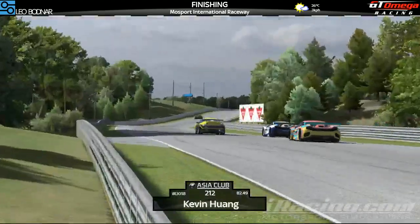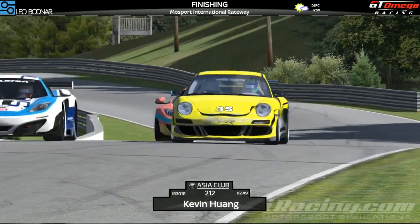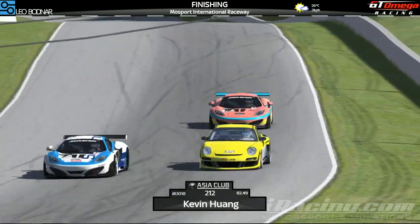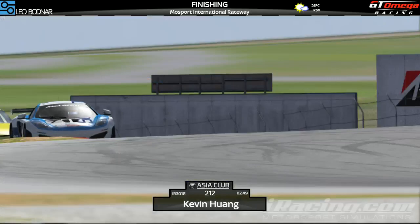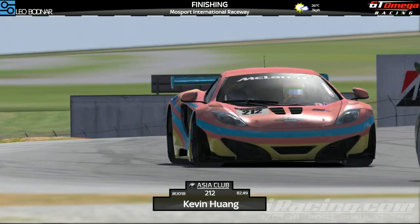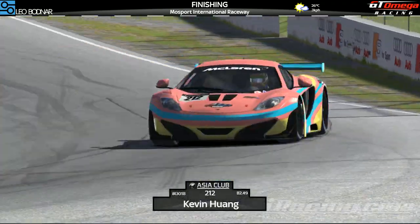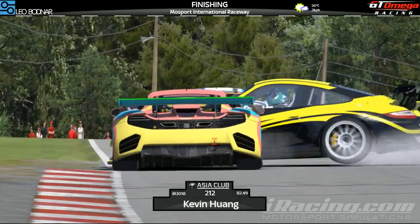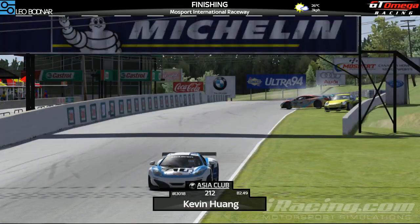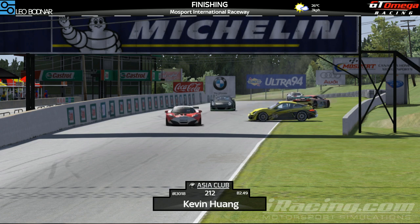And how are you looking forward to Brands Hatch for next week, Kevin? If it's similar to this, I'm very scared. Brands Hatch is a much more difficult track to pass on, I think. So if there's 40 people there, I think we're gonna have a lot of problems. Hopefully, we'll have some changes with maybe some discussions with the back markers, because I don't think half the people will finish the next race if we have this level of driving